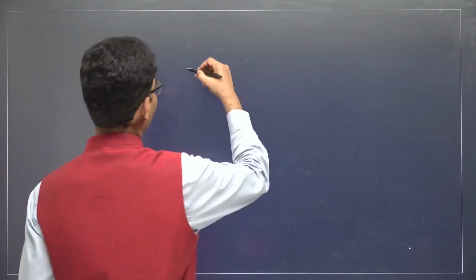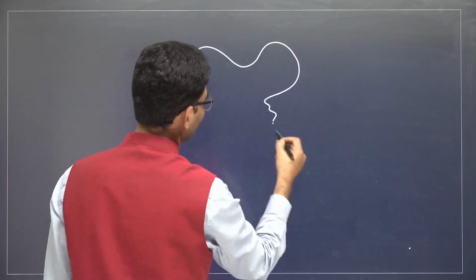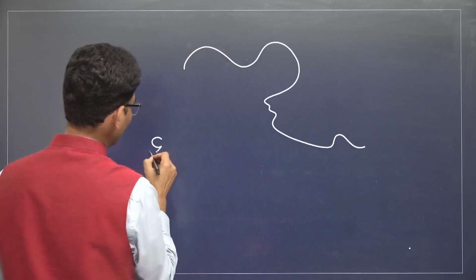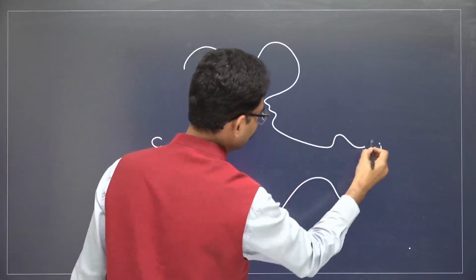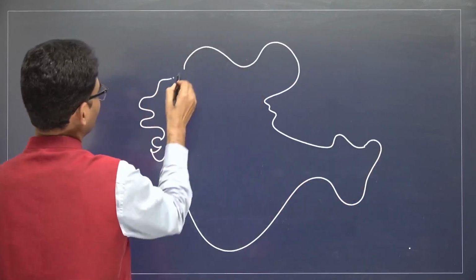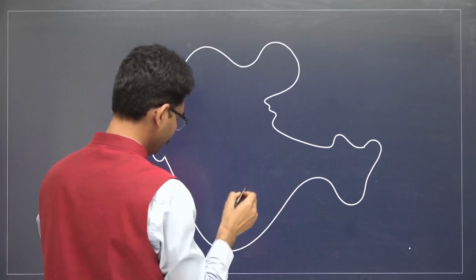Now as a result, what happened? From Fort William to this,